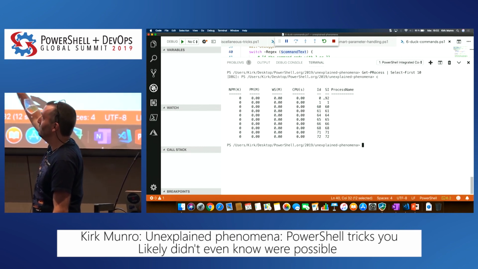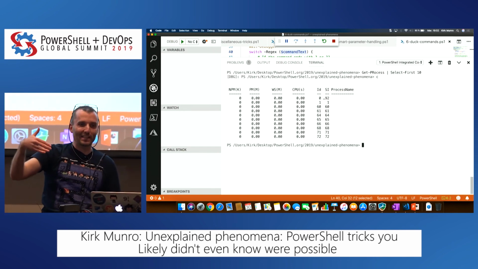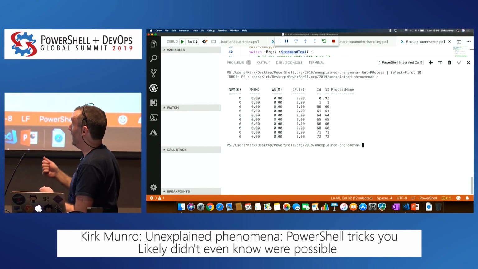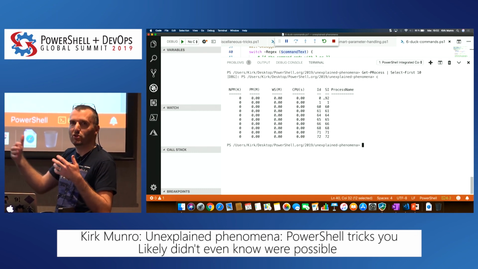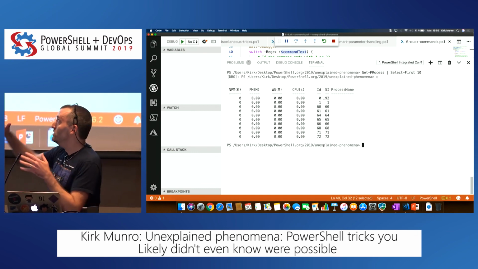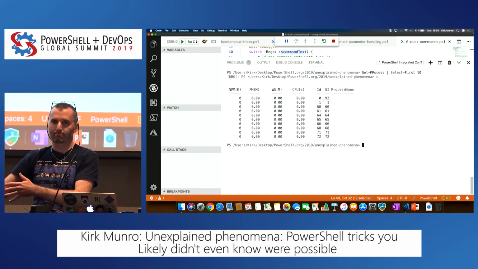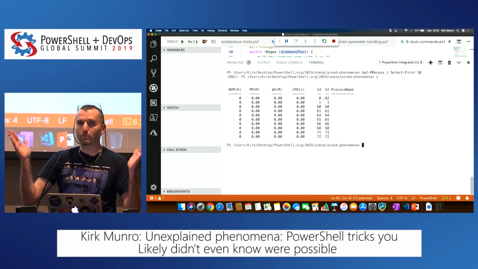It's some garbage data, but that's the point: you can do some really interesting things with command not found handlers to make smart solutions, so that PowerShell can, I guess it's a little bit of machine learning or AI, do some thinking for you about what your intent was, and then do the right thing. And that's my talk. Thank you, everybody, for coming.